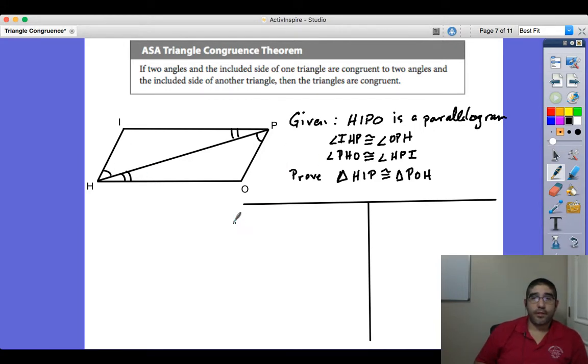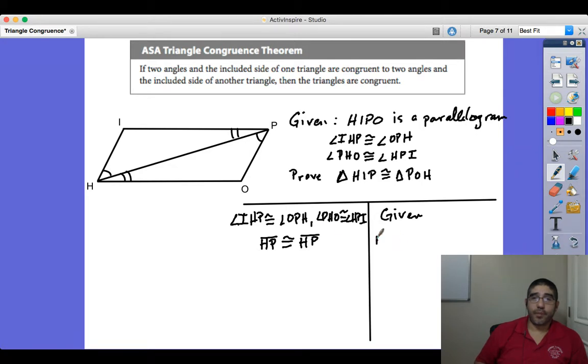So here, angle IHP is congruent to angle OPH and angle PHO is congruent to angle HPI. That's all given. Now again, we see that there's a line that is common to both triangles. So we can call that out if we need to, and in fact we do need to. So we can say that HP is congruent to itself